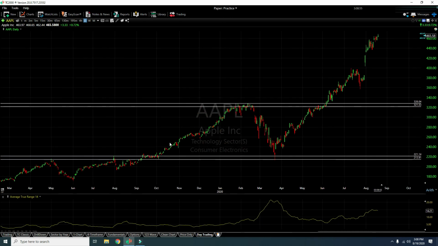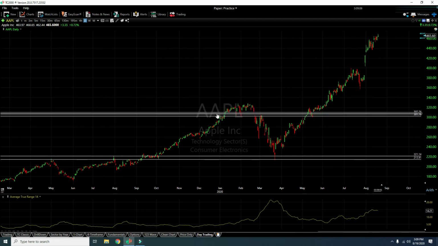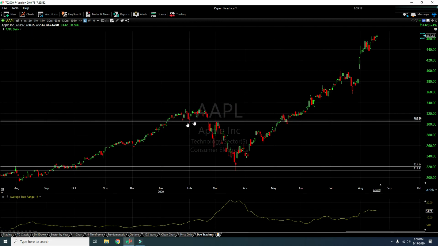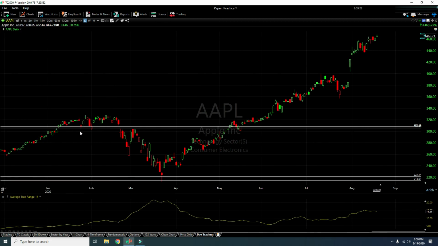To give an example of how a support will break in a downtrend, let me show you another support and resistance in this chart. Let me drive the point across. Now price broke above, traded above here, it came down here on, let me zoom in a little bit to make it clear. Okay, on January 27th, the price touched the support area, then bounced back. After a few days, it came back and touched the support, then bounced back, then stayed above the support.